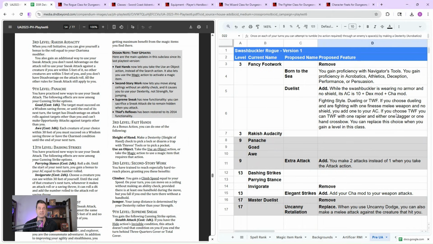Because you can still get a sneak attack as long as there's no allies around and no enemies around. It's just the two of you and you're kind of dueling. Then you don't need advantage to qualify for sneak attack. So you still might use the dueling fighting style. But at level 9, if you get extra attack, you can just set yourself up with a rapier and not have to worry about landing a Nick attack.